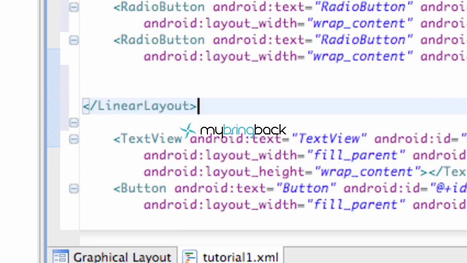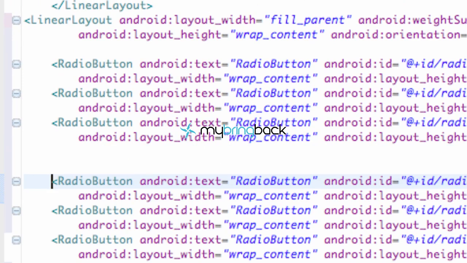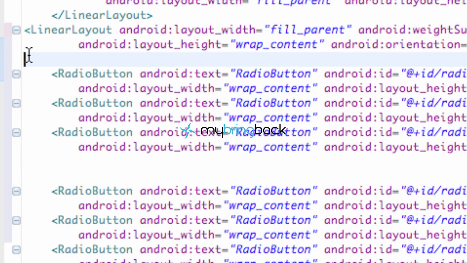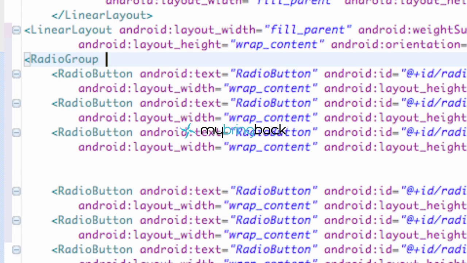Alright, and then we're going to close it out under all of our radio buttons. So again, we do it like that. Nothing too new here. And then what we're going to do is subdivide 3 radio groups in each linear layout. It's going to be pretty simple, but whenever you want to work with radio buttons, an easy way to control all the radio buttons within basically your group is you need to set up another little parameter that's going to do that for you, and what that is called is radio group. Pretty simple. And we're going to say orientation for the radio group, Android orientation equal to vertical,